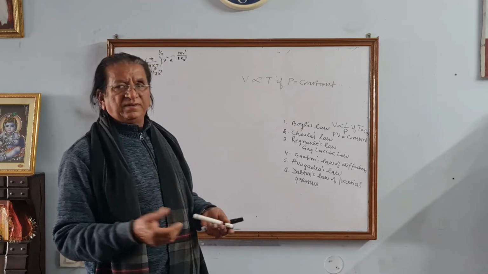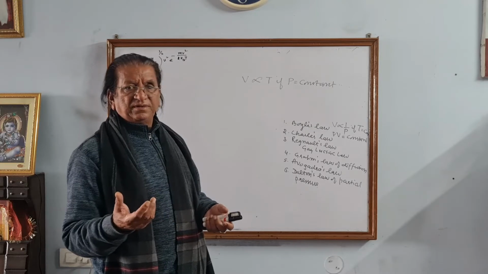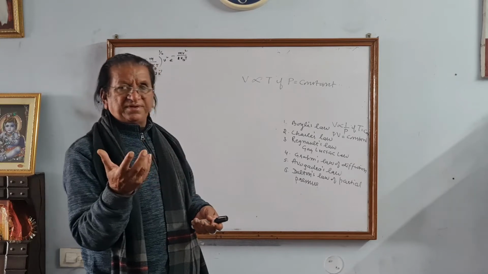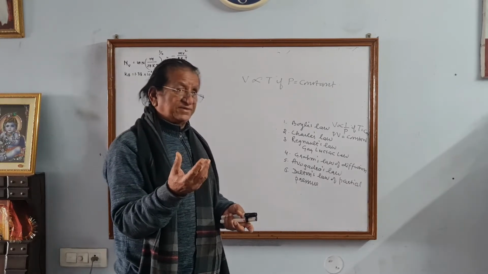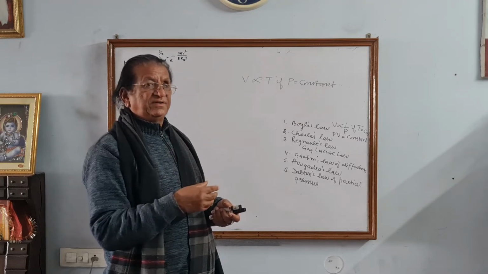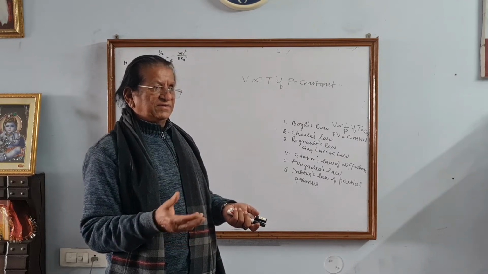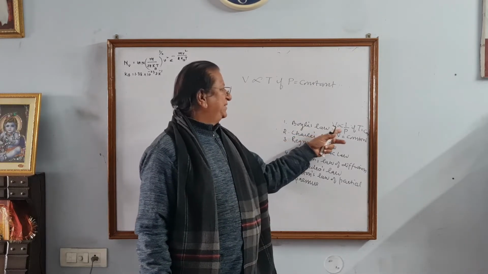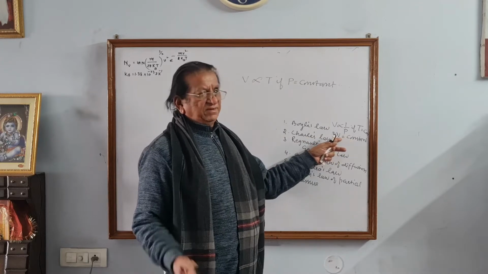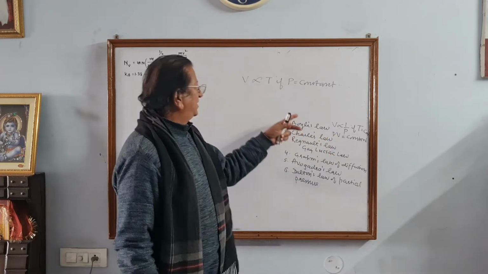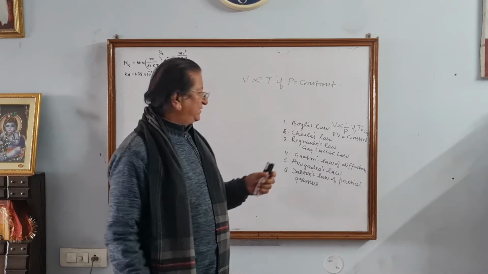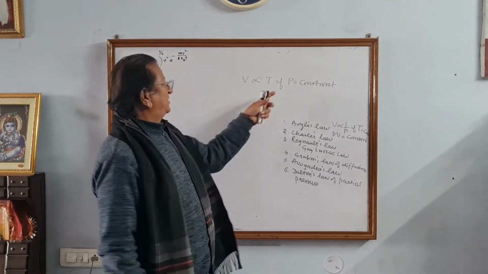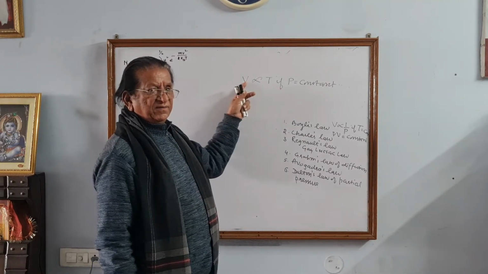In general, I told you, gas law means the relation between any of the two macroscopic parameters. Out of pressure, volume, temperature, keep one of these three constant, and then the relation between the other two will be a law. In first case, we kept temperature constant. The relation between P and V was PV is equal to constant. It is a law, that is Boyle's law. Now we are keeping pressure constant. Other variables are V and T. Charles' law says if the pressure of a given mass of a gas is kept constant, volume is directly